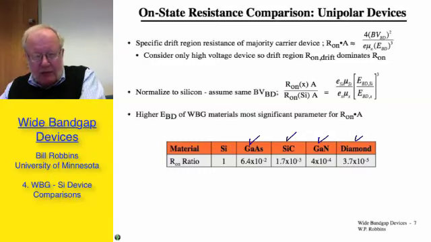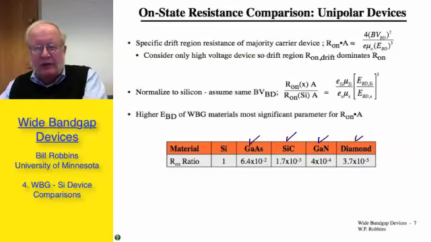Obviously, the principal reason for the significant difference when we assume the same breakdown voltage rating is the difference in the breakdown field strength, because that ratio goes as 1 over the breakdown field strength, the quantity cubed. And that's why I made the statement earlier that it's the breakdown field strength of the material that's probably the most important parameter. And then the other parameters, somewhat less important in our consideration, but of practical concern when you're